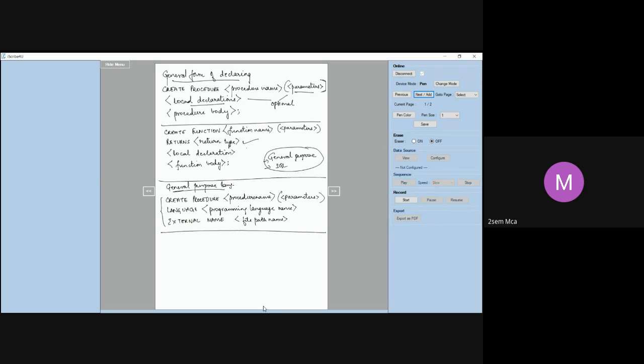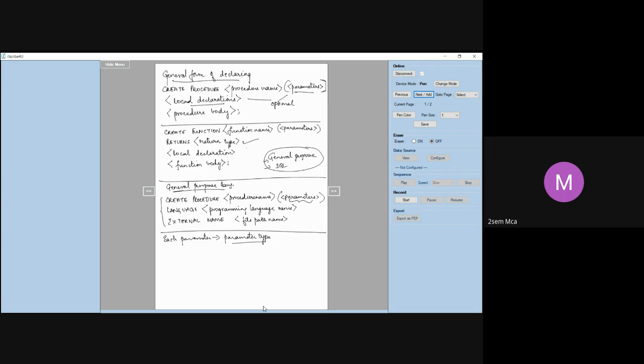Okay, so now here we have specified parameters, correct? Each parameter, whether you write the procedure in a general purpose language or SQL, will have a parameter type.